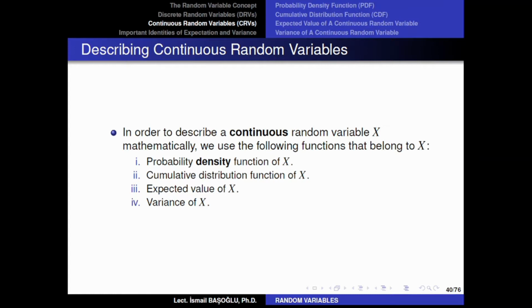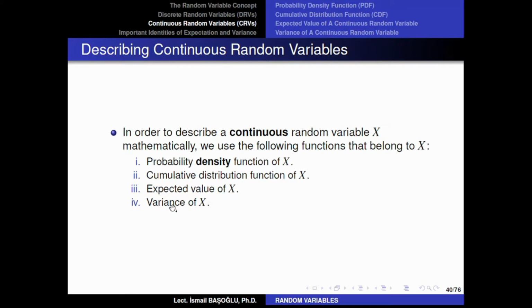However, if the question says x is a random variable that follows probability density function as follows, in that case, you need to understand that x is a continuous random variable. So even with this wording, you can distinguish a discrete and a continuous random variable. Now, my friends, just like in the discrete random variables case, we can also compute a cumulative distribution function for continuous random variables as well. So we are going to define it.